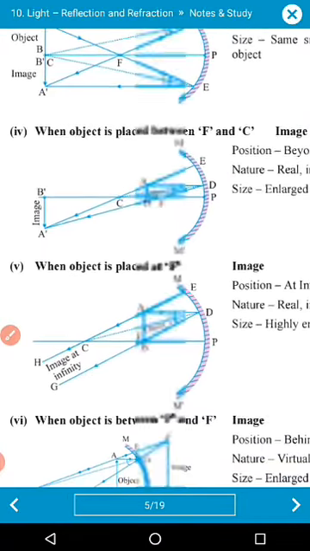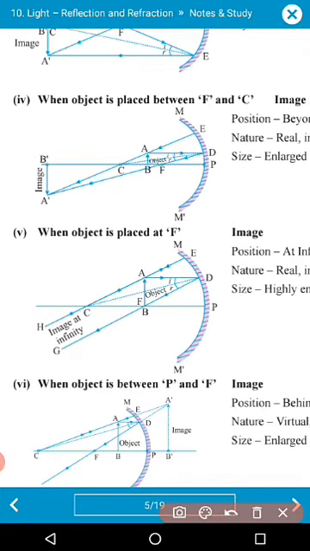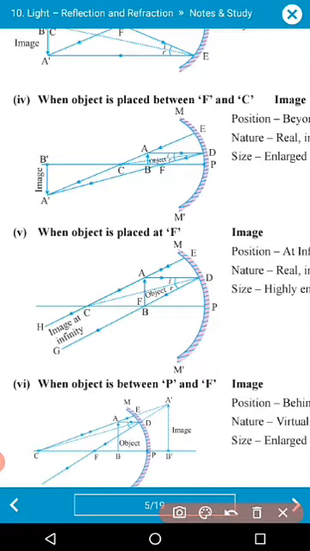Now we have another case. See, previously I had put my object at infinity, so I got my image at F. So in this case I am reversing this condition, I am putting my object at F, so I am getting the image at infinity. See how, here I am going to put my object at F, this is the point F, so the first ray will pass through F, okay, and the second ray will pass through the center of curvature. Now see, these two rays never intersect each other, so these rays go to infinity, this ray will move towards infinity.